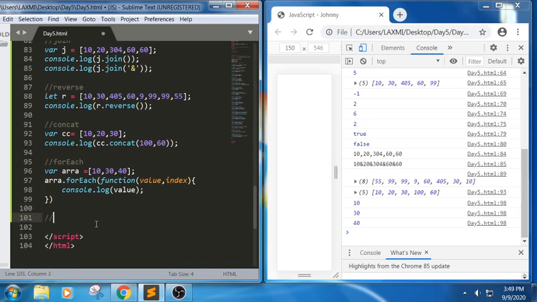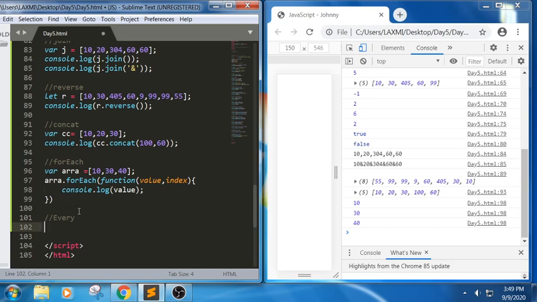In another series of these sessions, we have discussed individually what forEach is, and the difference between every and some. Now, what is the use of every? forEach will display each index and array element based upon this callback function, which takes two arguments, value and index. Then what is the use of array every here? Every checks whether every element has passed, in the sense whether it has satisfied a particular condition or not. If the condition has been satisfied, it will return a boolean value.